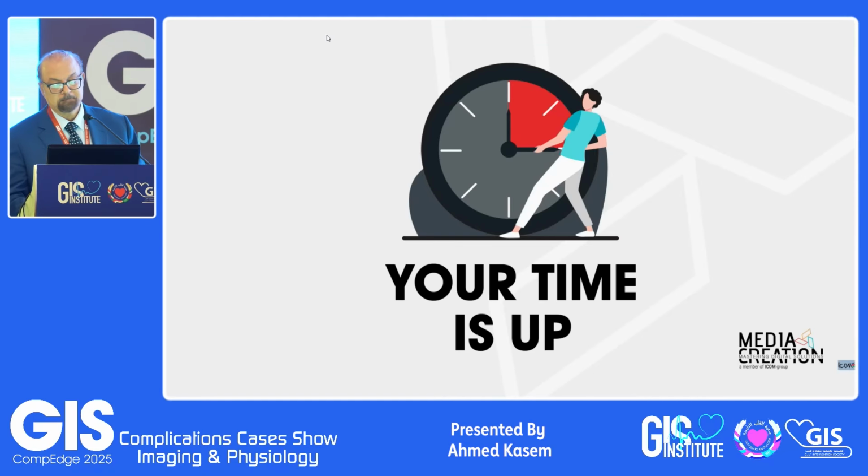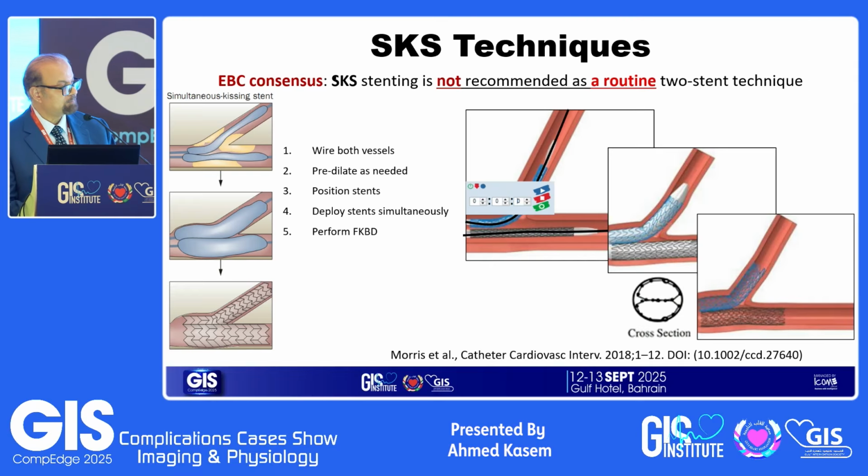The patient has poor LV function, 30% ejection fraction, and had previously developed pulmonary edema, pulmonary congestion, and cardiogenic shock after just ballooning the in-stent stenosis. So I wanted to make a very fast procedure, not take a long time. So I decided on the SKS technique: wiring both vessels, predilating as needed, positioning the stents, deploying the stents simultaneously, and